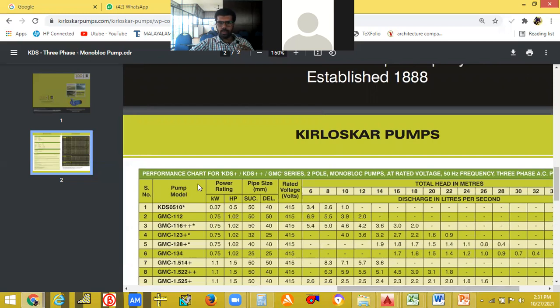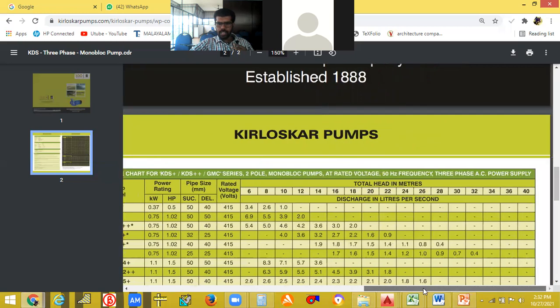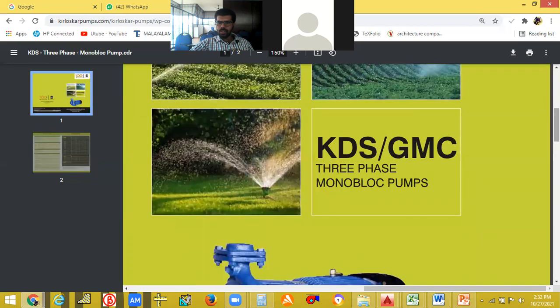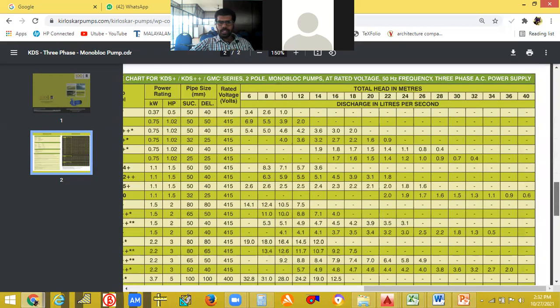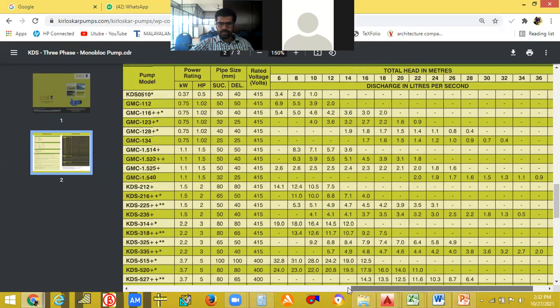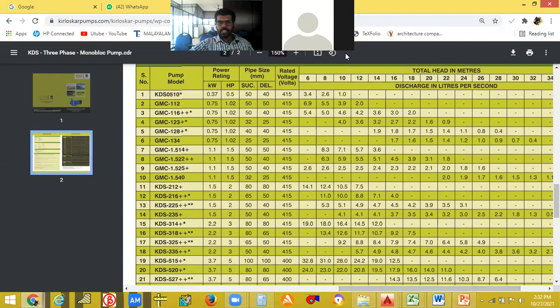Okay, its model number will be given. So here is given the performance chart. These are their models or series. Two-pole monoblock pumps at rated voltage, 50 hertz frequency, three-phase AC power supply. Okay, so you'll be getting it like this. From there, you can choose it. From this catalog, you can choose the